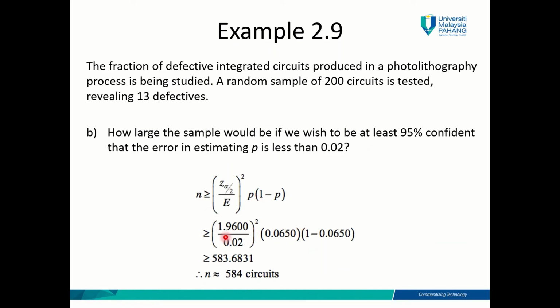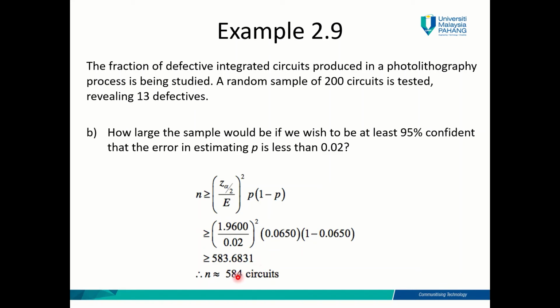So 1.96 is the critical value. For 95%, alpha would be 0.05. Alpha divided by 2 is 0.025. So Z 0.025 is 1.96, right? Divided by 0.02, this is the estimation error, which is already given in the question. Yes, the estimation error will be given in the question. And then you multiply with P, calculated from the information up here, and 1 minus P, and you will get